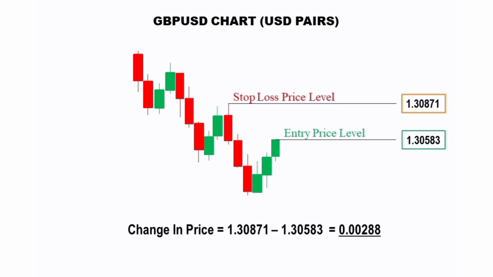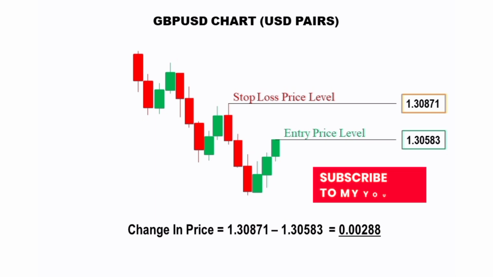So the number of pips is simply the change in price or the price difference between this entry price and the stop loss price. Okay, so if we remove the entry price from the stop loss price, we can see that the change in price here is